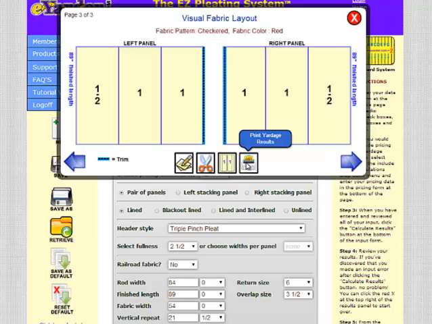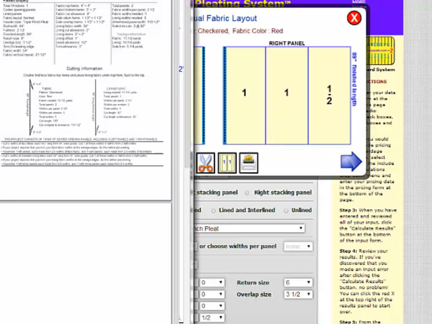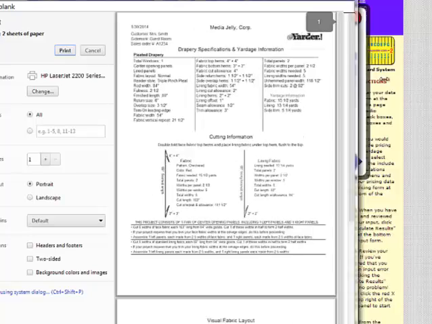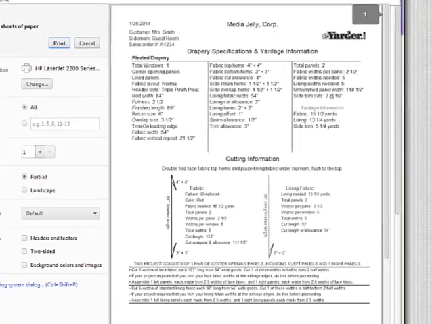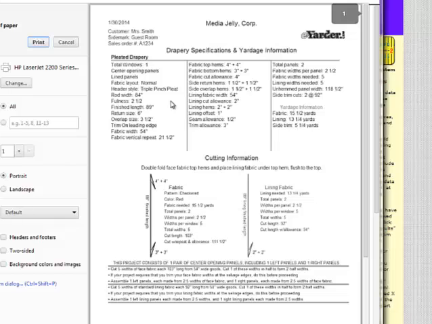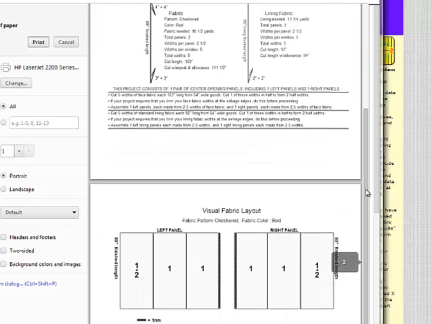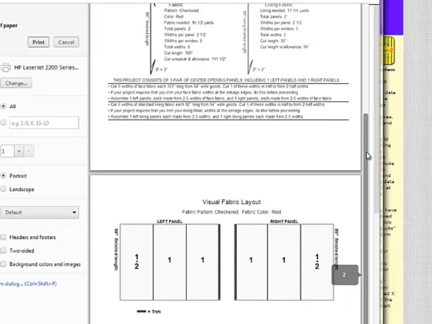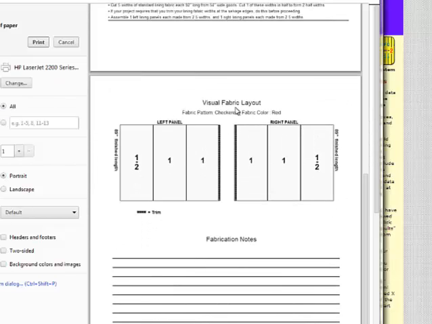And when we print this to a work order, our work order is going to look something like this, which is a lot like the screen, and it's going to show us all the information we input, the cutting information. It gives us very detailed information. For example, cut 5 widths of fabric, each 103 inches long, from 54-inch wide goods. Cut one of these widths in half to form 2.5 widths. And it gives you detailed information on a work order as to how you might want to proceed to assemble this. We get a visual fabric layout and our